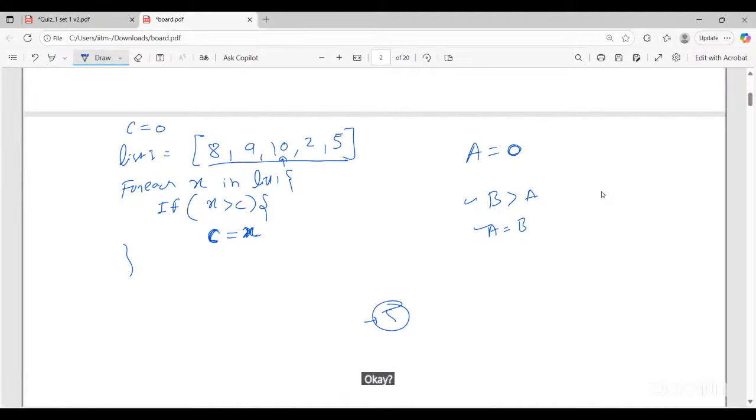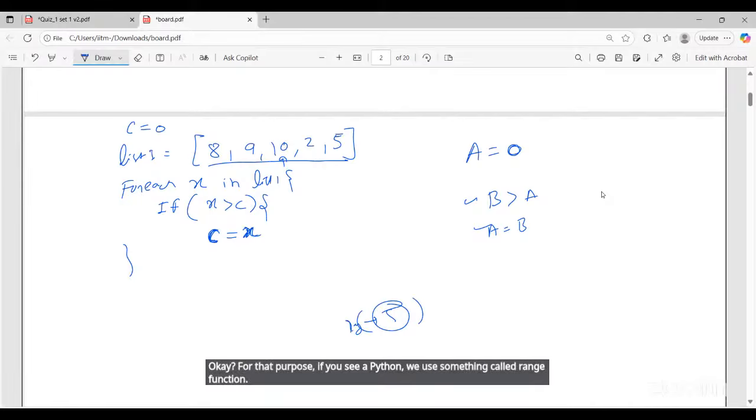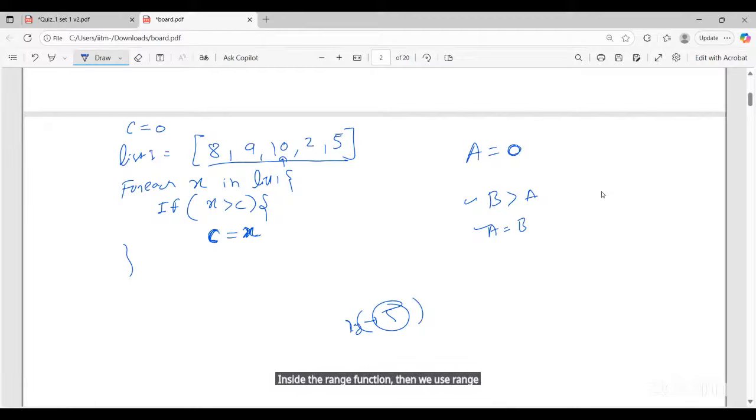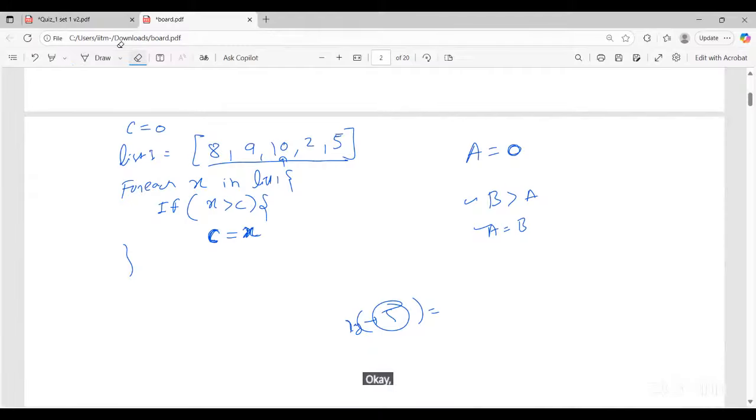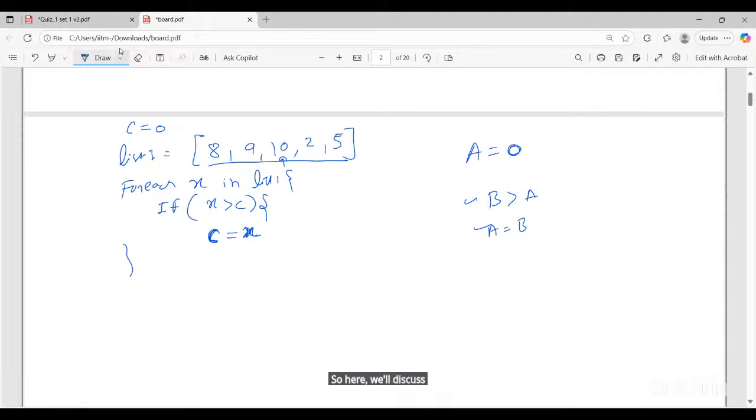For that purpose, in Python, we use something called the range function. Inside the range function we use range of length of list 1, so range of 5. This will give me 0 to 4. That's a different thing we'll discuss in the Python course. Here we'll discuss the list only, right? So for each x in list 1, for every element in list 1,